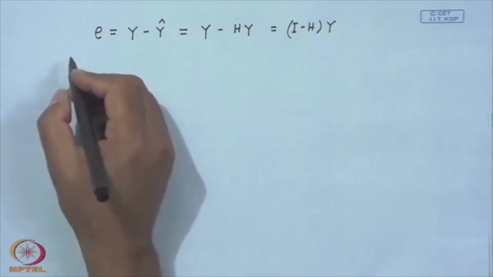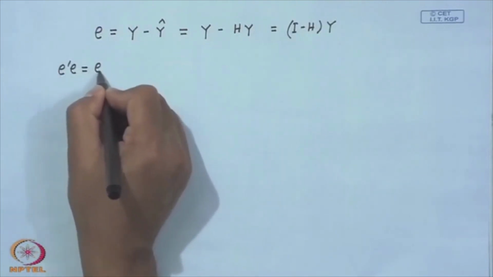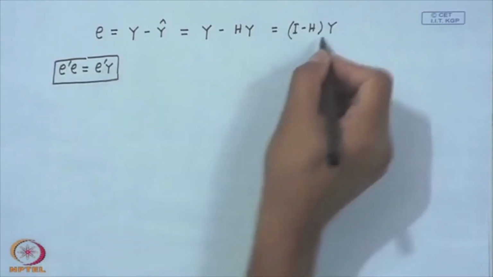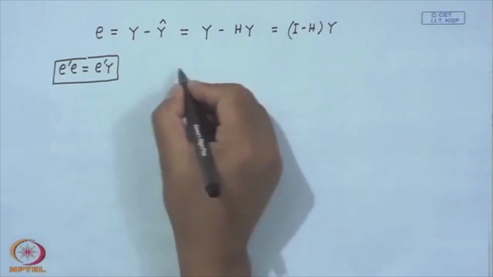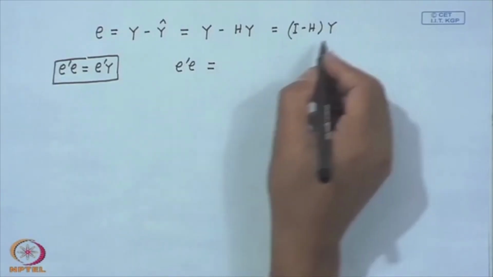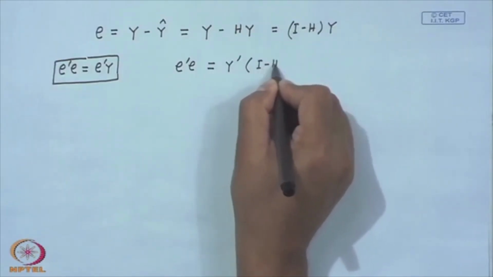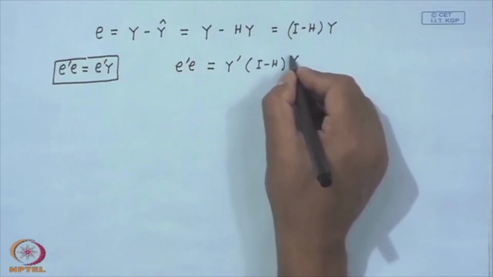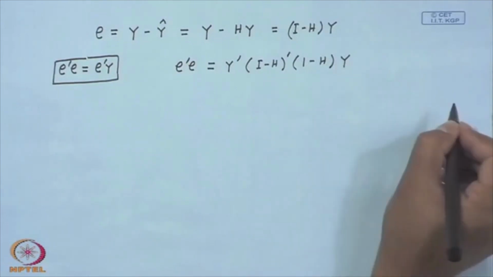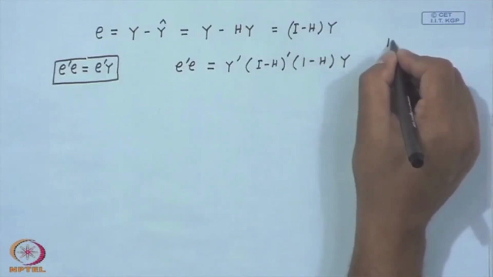Now what I want is to prove that E prime E is equal to E prime y. That is what I want. Now, I have a formula for E in terms of the hat matrix. So, let me start now. E prime E, I can write in terms of the hat matrix, that is y prime (I minus H) prime (I minus H) y, and it is known that this hat matrix is idempotent,